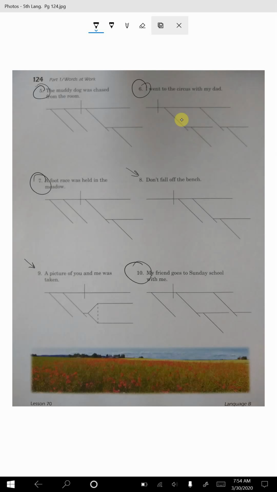This one is telling you not to do something. Don't fall. So this is an imperative sentence. Imperative sentences never have a written subject. The subject is always understood. We know it's there. It's just not written. And it's the understood you. Prepositional phrase here is off the bench. Now that we've done that, this is pretty easy because you